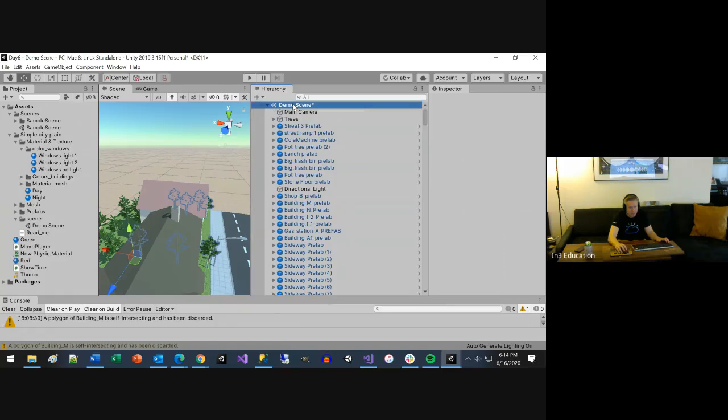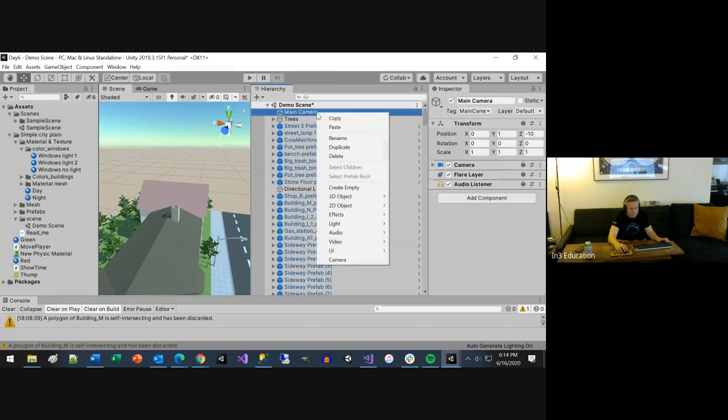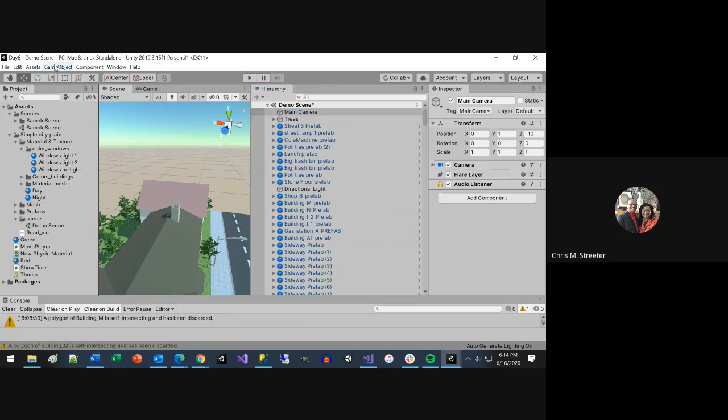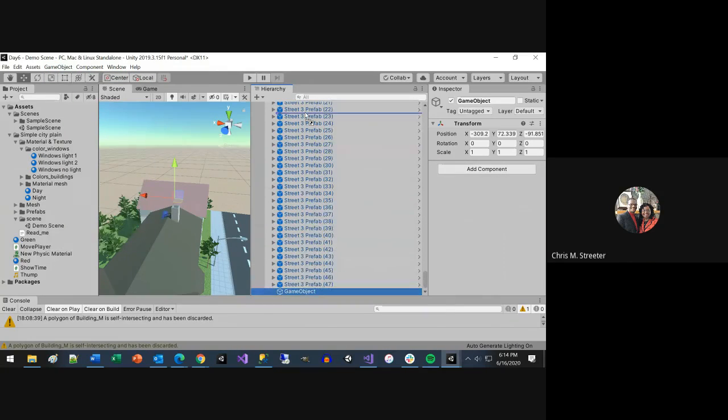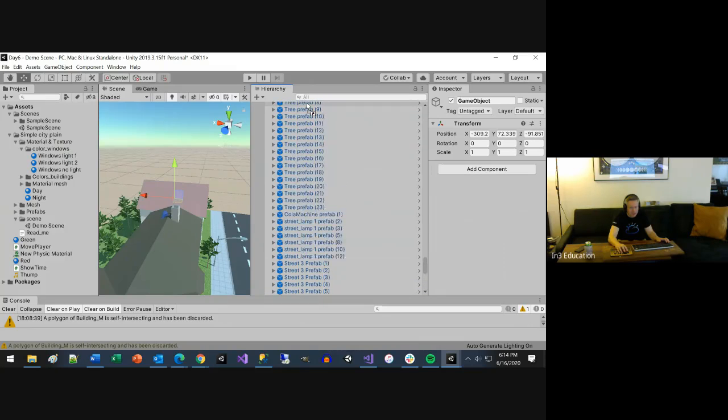Let's do the same thing again, creating a new game object. Similar to making a folder, is that what you're doing? Yeah, it's kind of like making a folder. Yes. Okay. Yep. They have so many game objects in here. It takes forever to find anything. And this is why, yeah, it's kind of important to put things into